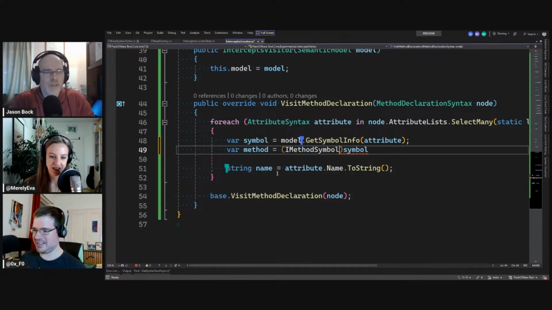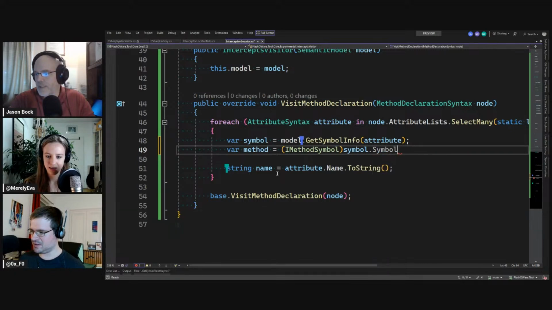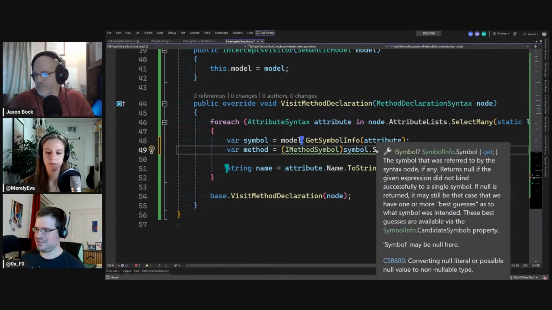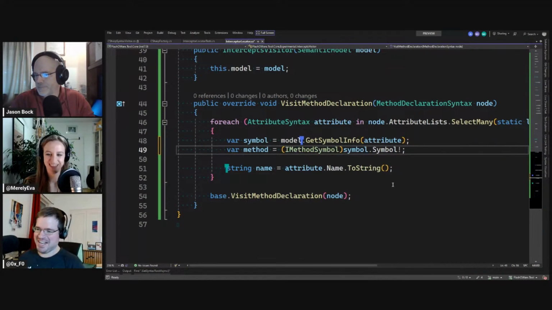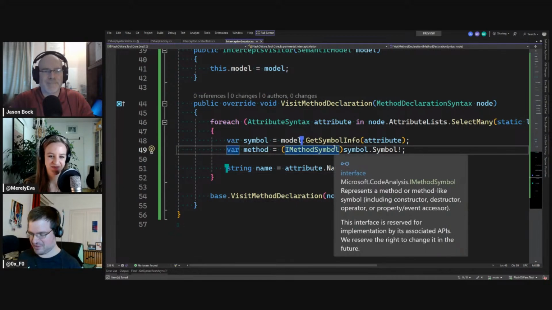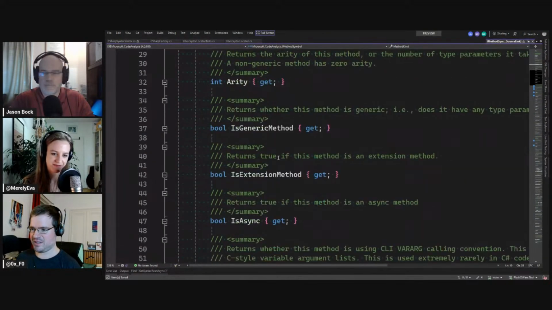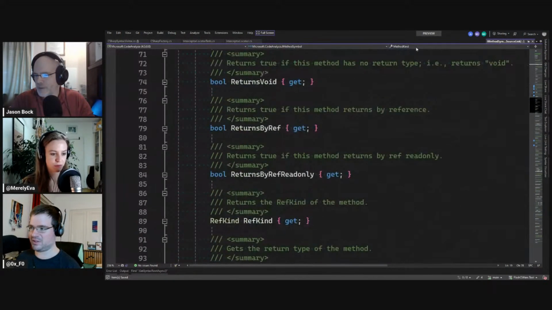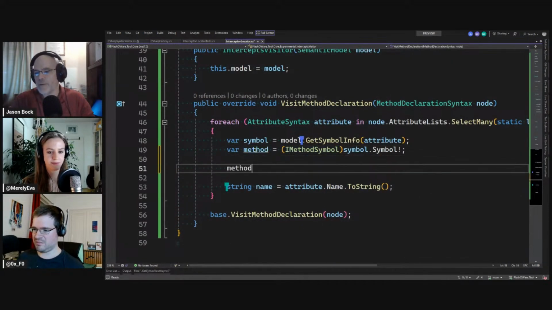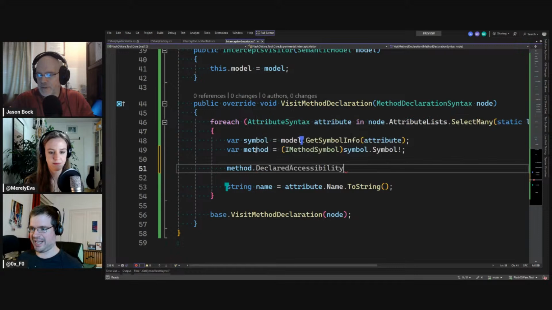So we cast, no, it's not a symbol, it's the dot symbol here. Right. And this is nullable. Cool. Okay, now we have the method symbol, and the method symbol has an arity. It has somewhere probably a string or something. What you probably want in this case is the declaring type, because it's not the constructor.